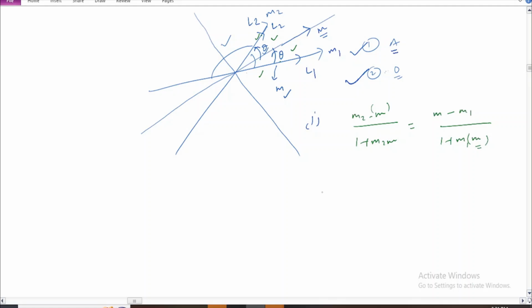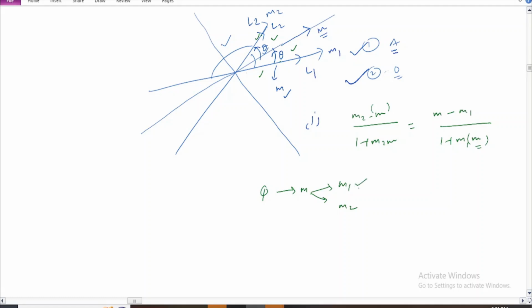So we can solve this as a quadratic equation in m, right? The quadratic has two roots, so we can find m1 and m2 and we will find the corresponding lines,